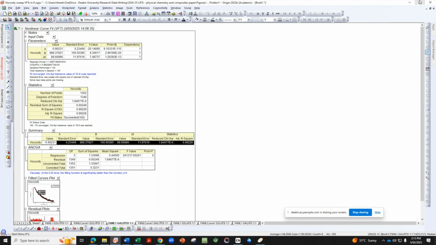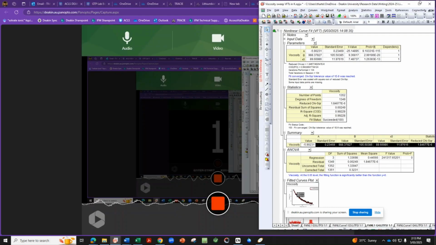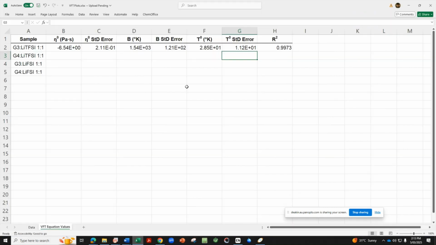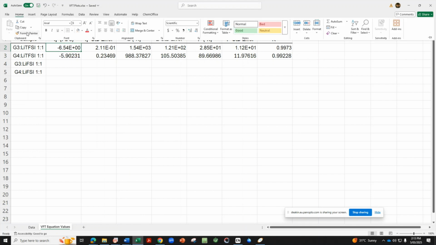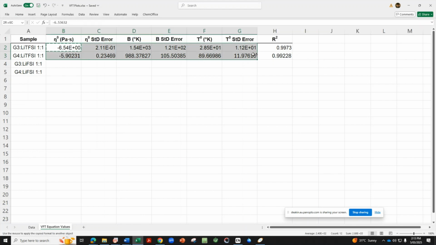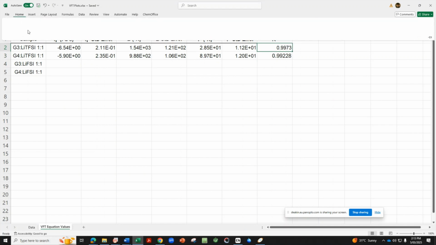So you copy this with a Control-C, and we will copy this into an Excel spreadsheet, and we'll delete that because the R squared needs to come across to here, and I will make this all the same formatting.